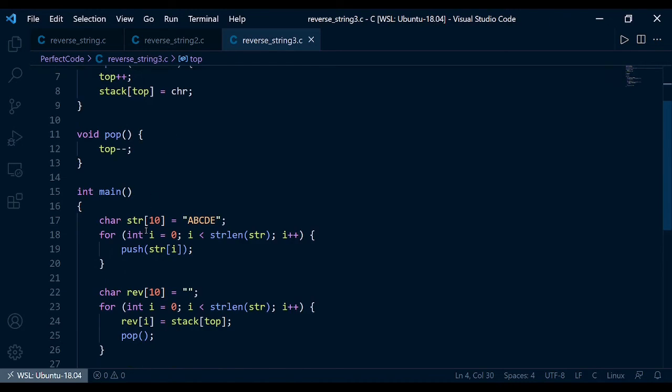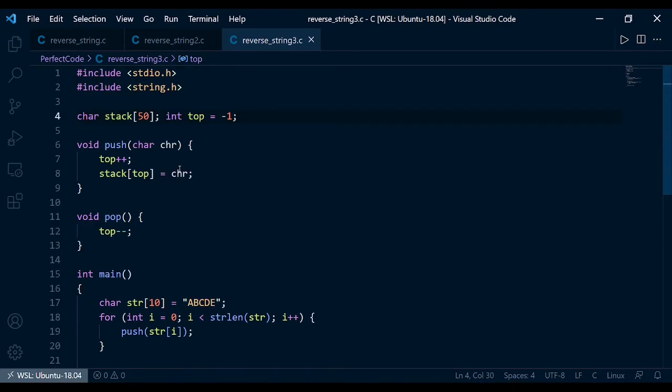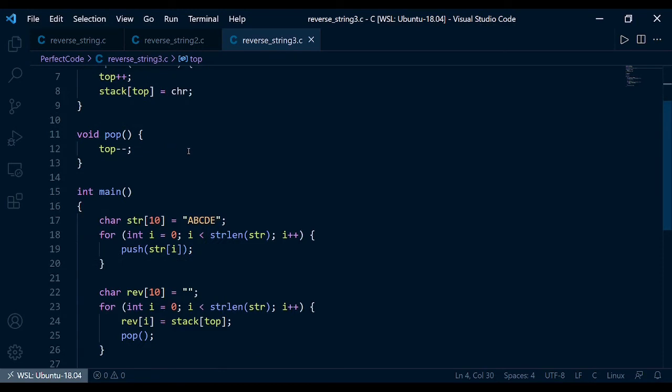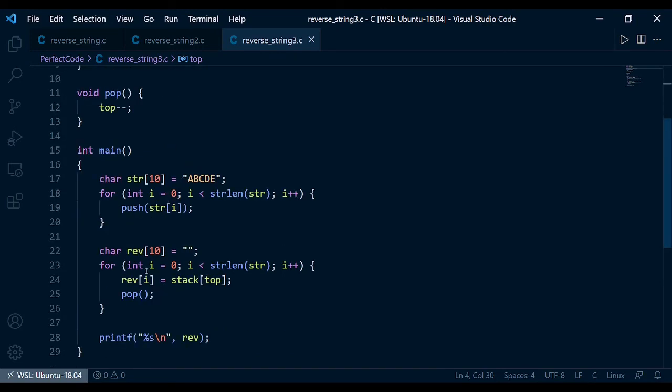So here I've taken a string, sample string str is equal to abcde, and I've iterated starting from its first position to the last position and pushed each and every element, every character, to the stack. Now I have taken another string, let's say rev, and initialized it to none. Now using the same for loop, iterating the length of the string times,